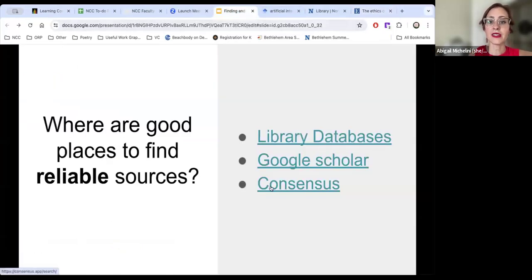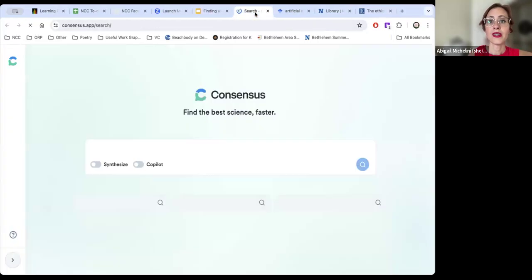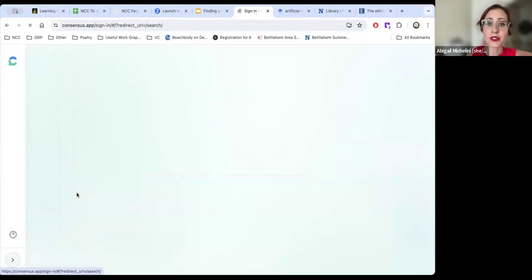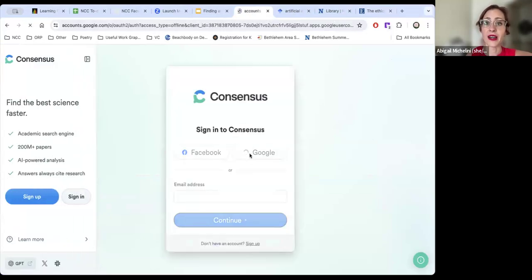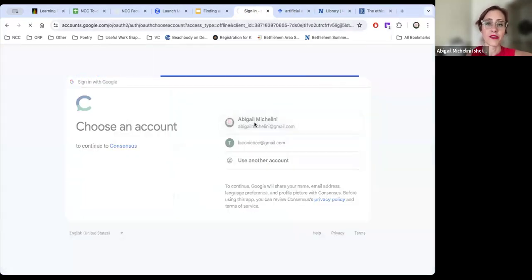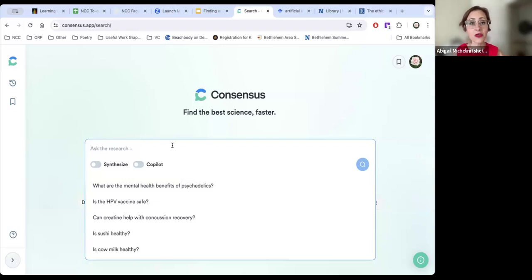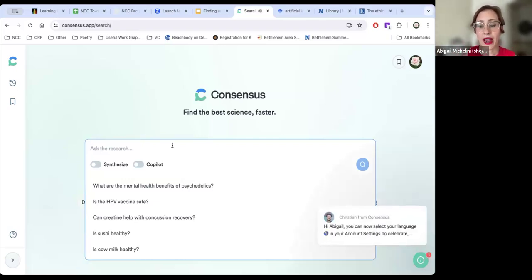Last but certainly not least is a new database called Consensus. And Consensus is really cool. It is artificial intelligence, and it helps you with finding sources and figuring out what the answers are to your questions. So I'm going to show you an example. You can literally ask it a question, so you don't have to put in words in the same way that you would with the library databases or with Google Scholar. You can ask it like,